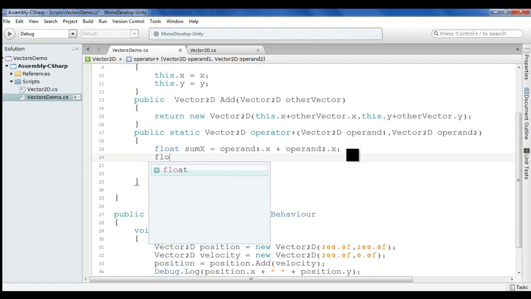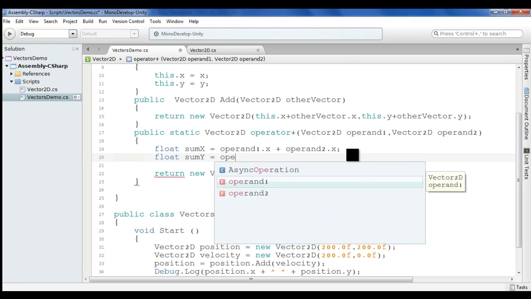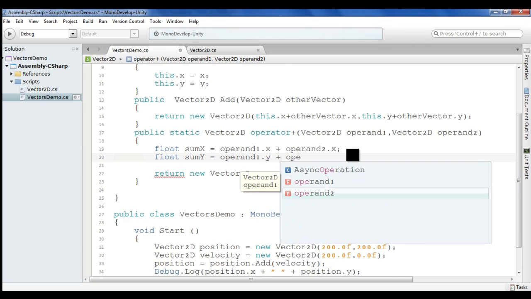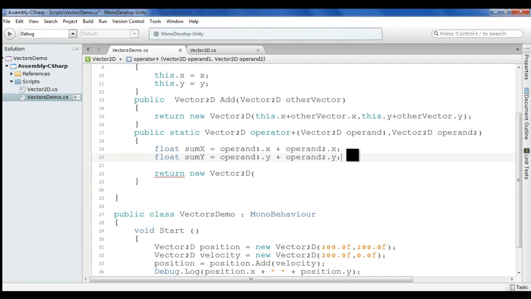Then you create another variable, float sumY is equal to operand1.y plus operand2.y. You can see that you are adding the components of the vectors independently and putting them in variables. And you can return a new Vector2D with the resultant sumX, sumY. This is how you can do it.